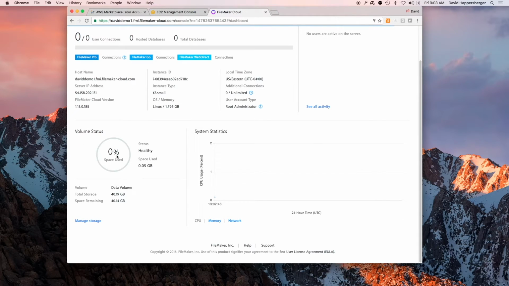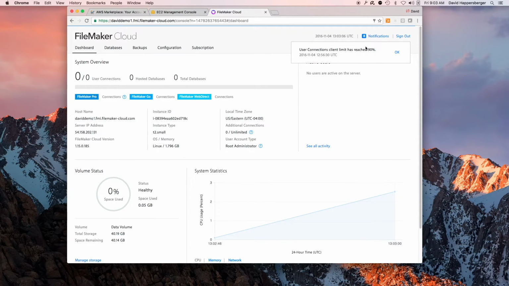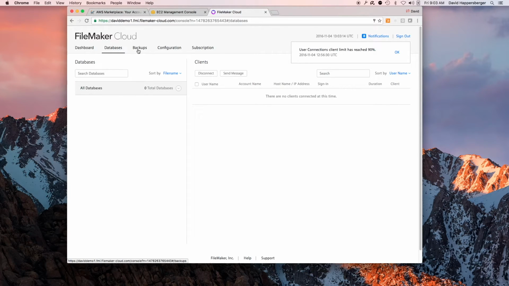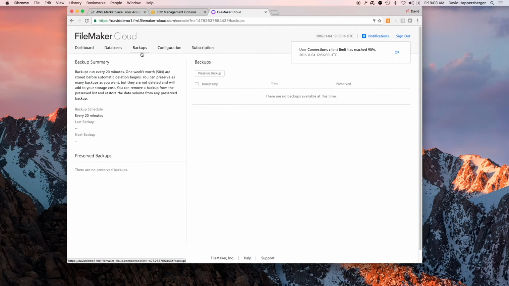You can see different stats of usage and system statistics, and you can click through a few different things down here as well. Notifications is new. That's a nice feature that a lot of people are liking. So databases, click through that. Obviously, I haven't put anything up there yet. Backups run automatically every 20 minutes, and it keeps up to 1 week's worth, so 504 of them.